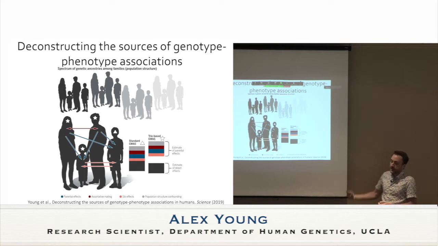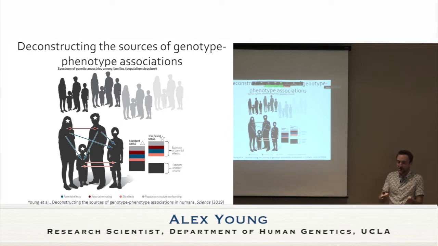And then another factor that can contribute to the genotype-phenotype association is assortative mating. Assortative mating and population structure are both examples of non-random mating. Often in human genetics, the default assumption is random mating. I'm not sure what that says about the mating habits of human geneticists, that they tend to assume people mate randomly, but